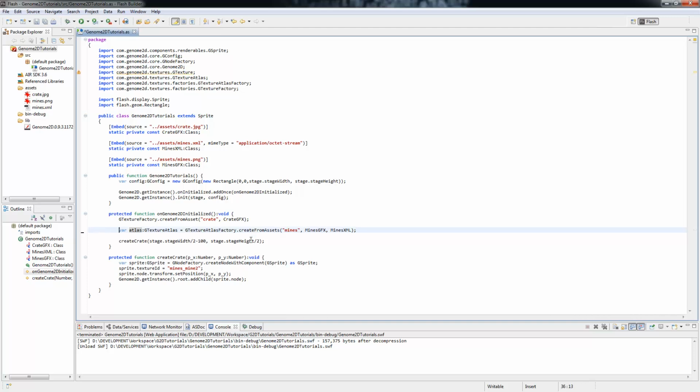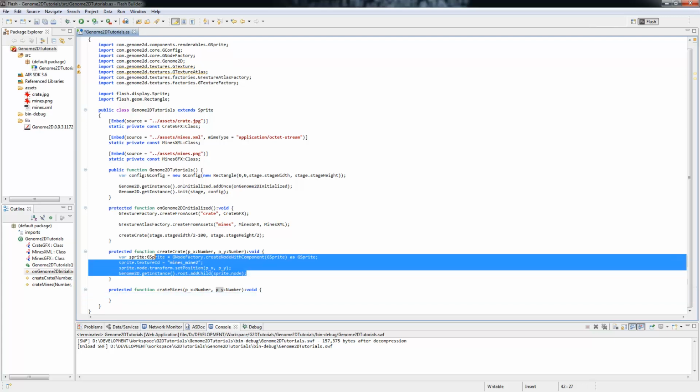Okay, now we are going to use this atlas and create our first movie clip. We are going to create mines. Mines because that graphics is actually from one of my games. It's a Minesweeper clone, so it's very nice to showcase a movie clip because those are just rectangles with numbers. So let's define ourselves a position,